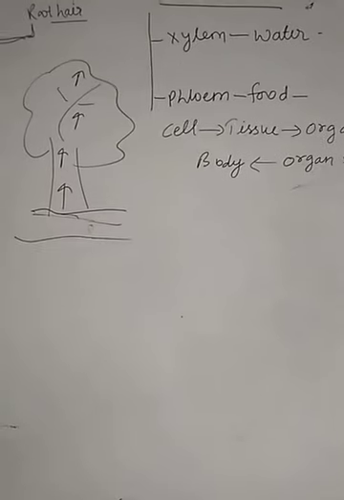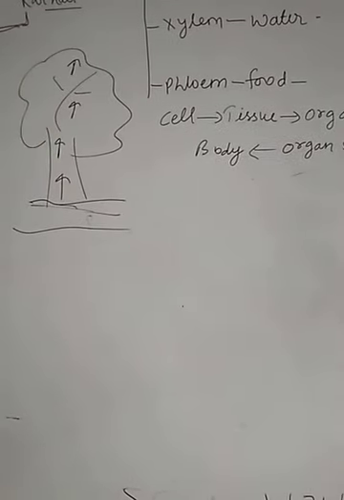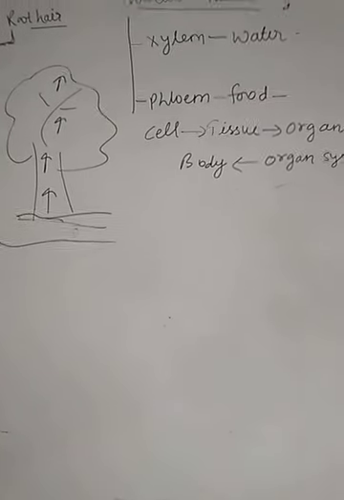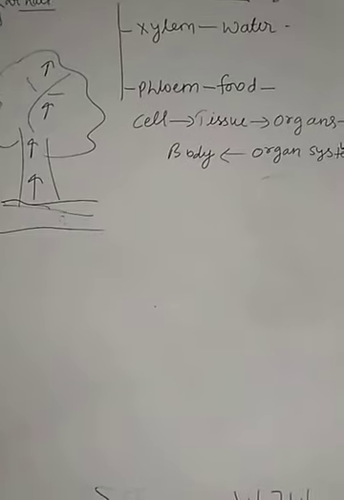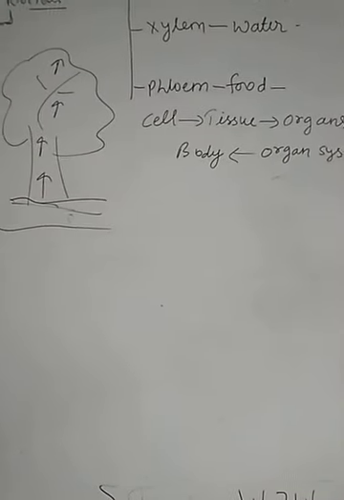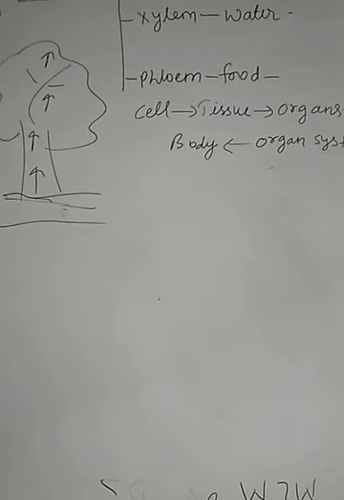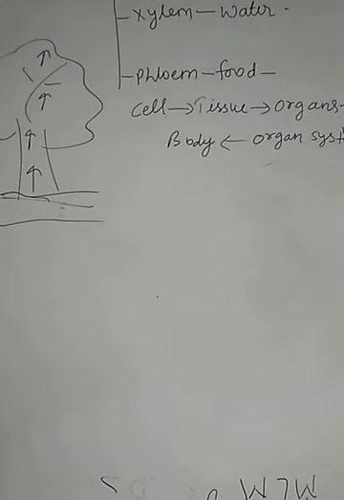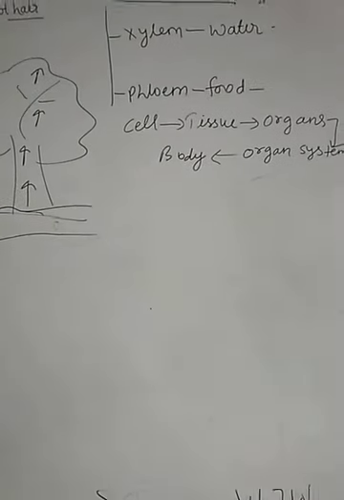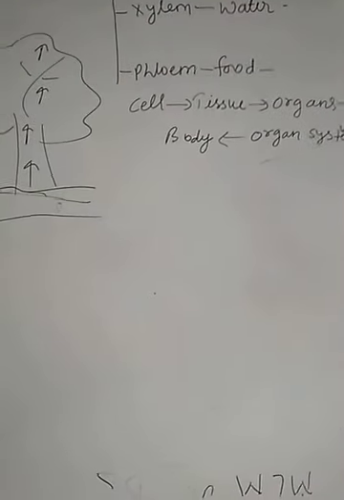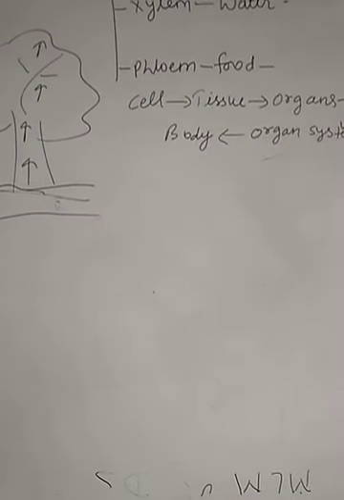The xylem forms a continuous network of channels that connects the root to the leaves through the stem and branches, and thus helps in the transportation of water to the entire plant. And in reverse, the leaves synthesize the food, and that food has to be transported to all parts of the plant, which is done by a special tissue called phloem. So children, xylem and phloem transport the materials in plants.